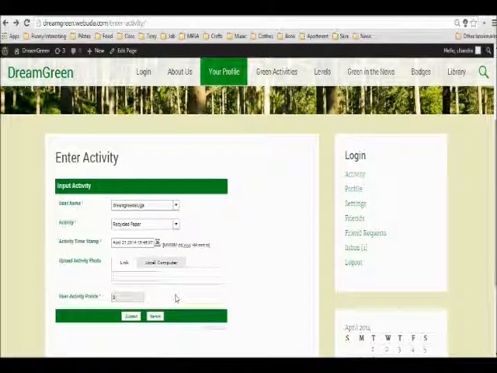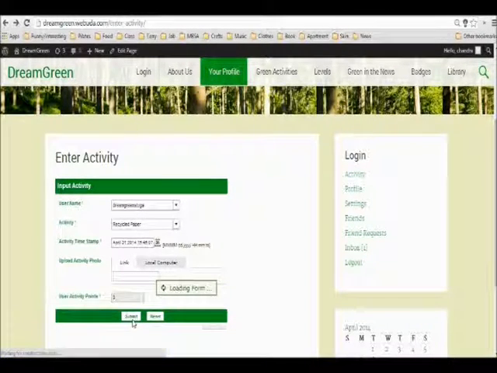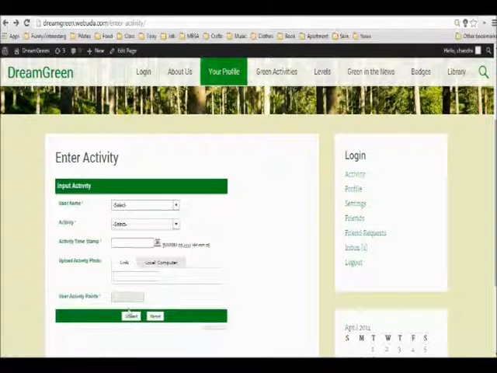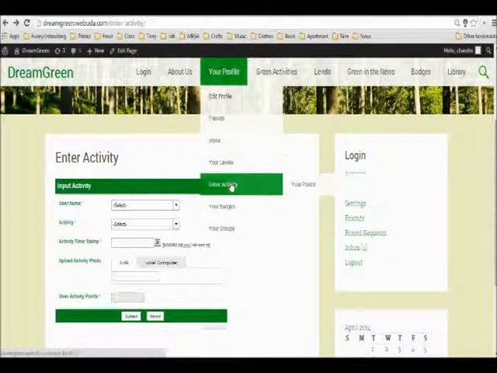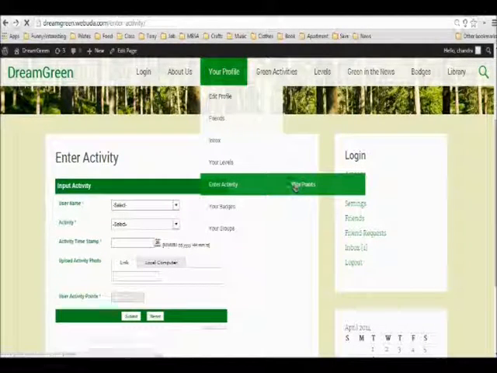And if you really wanted to, you can also upload an activity photo if you have it on your computer or you have a link to your photo. You click the Submit button, and it should refresh your points. In order to see the points that you have, you go down to Your Profile, enter activity, and you should see a tab for your points. When you click on it,